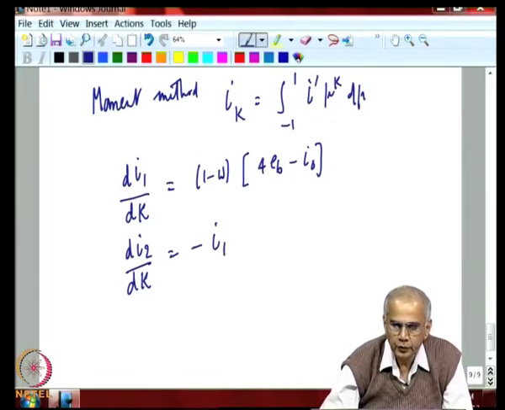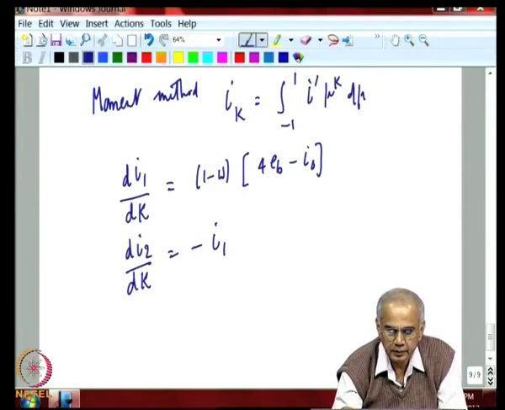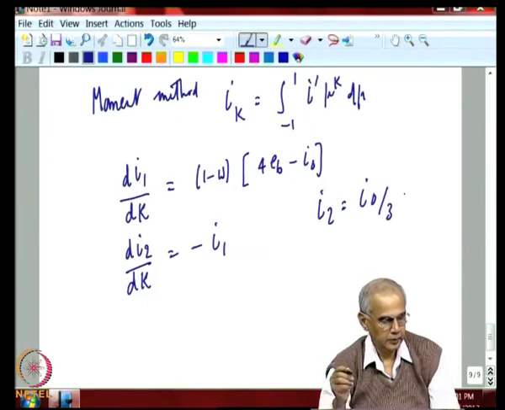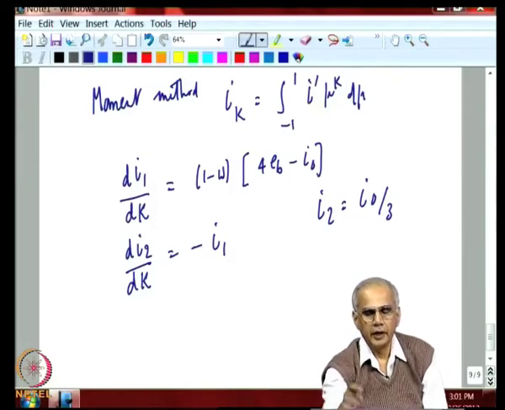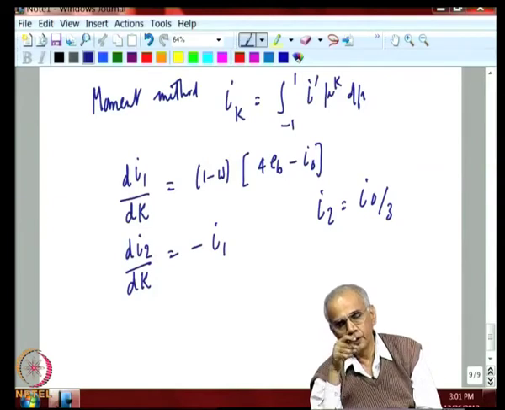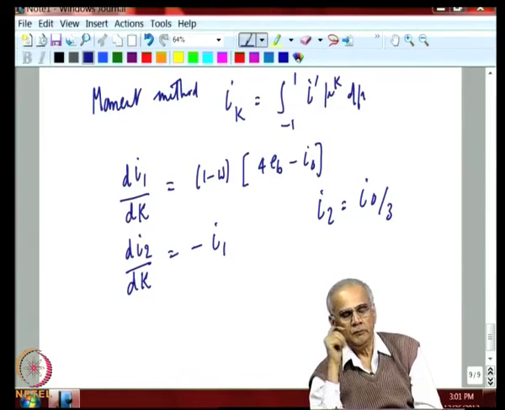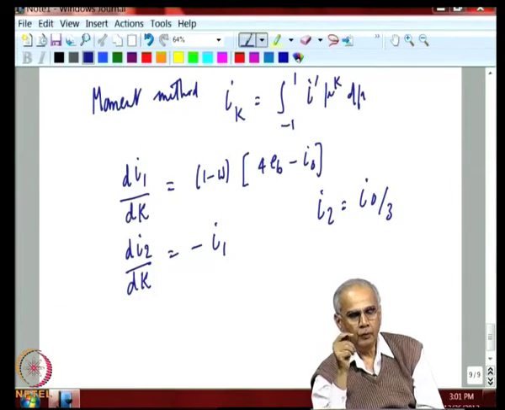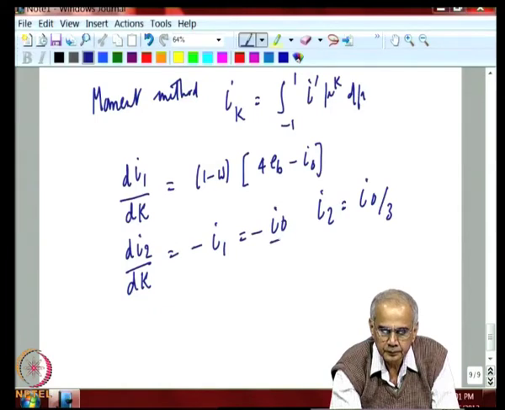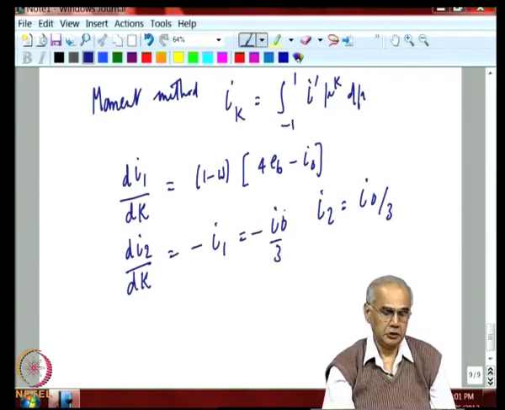And if you use the Simon-Schuster approximation, one can show that I2 will be nothing but I0 by 3. That is, in this equation with k equals 2, you assume intensity is uniform in the upper hemisphere, and a different uniform value in the lower hemisphere, and you integrate, you will get this answer. Now, you have two equations in two unknowns,